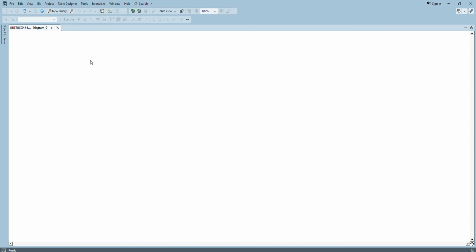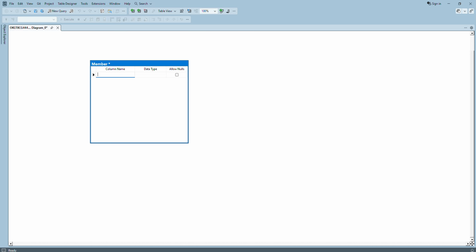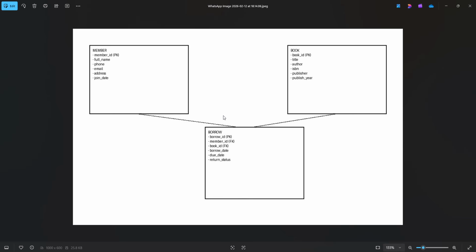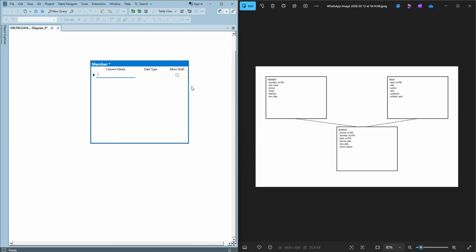Since this is close, just right click when creating new tables. Let's have this table called member. What are the fields we need from the member table? We want member ID, let's say it's an integer. We want full name, varchar 50. Phone